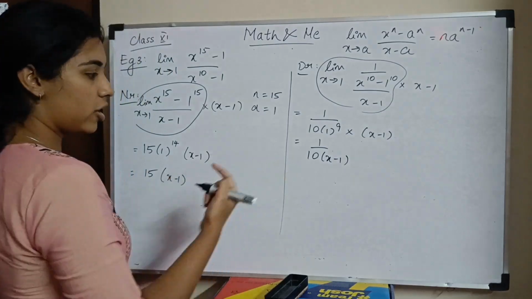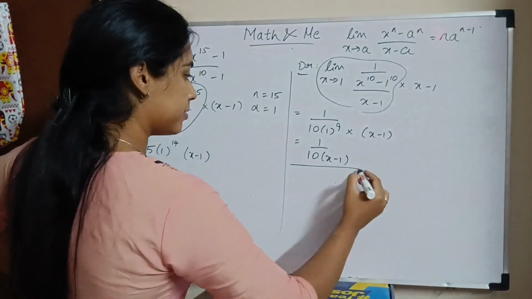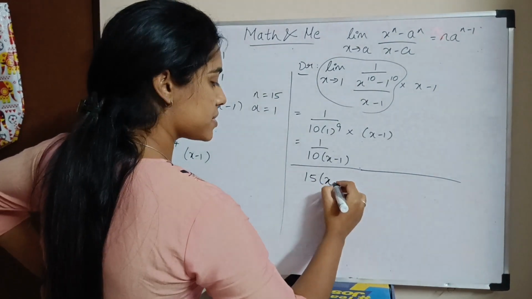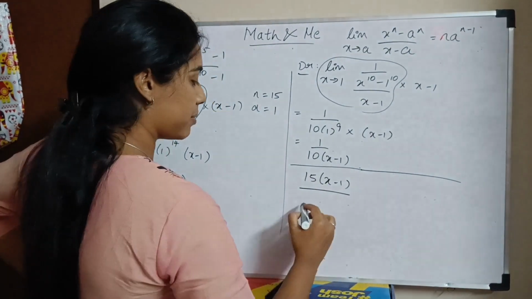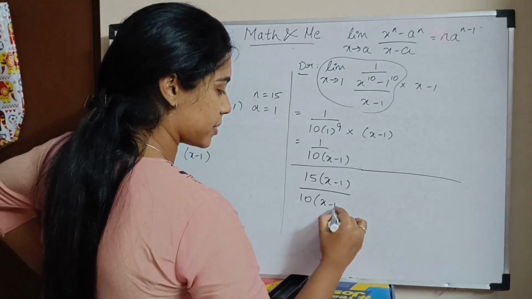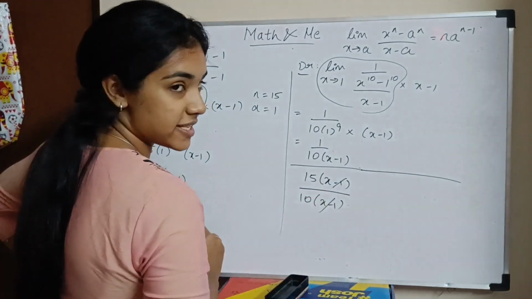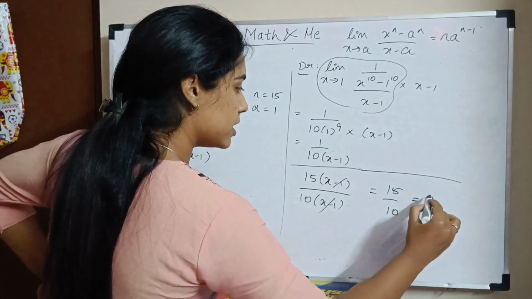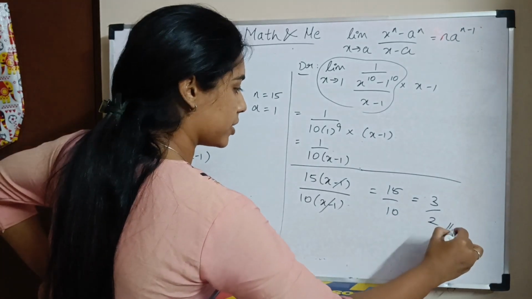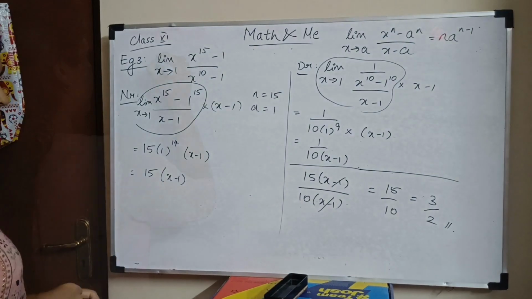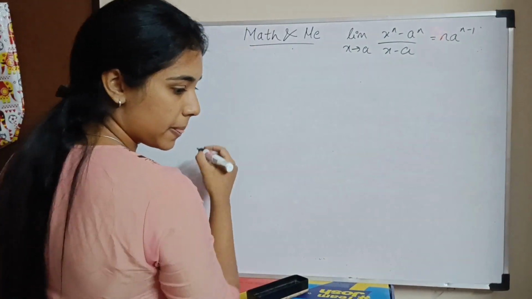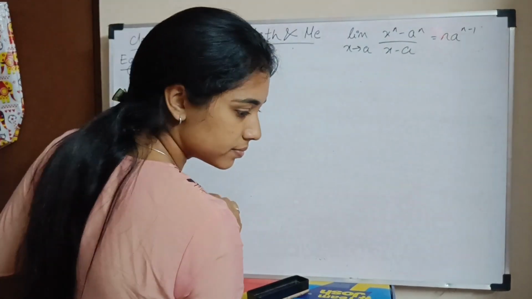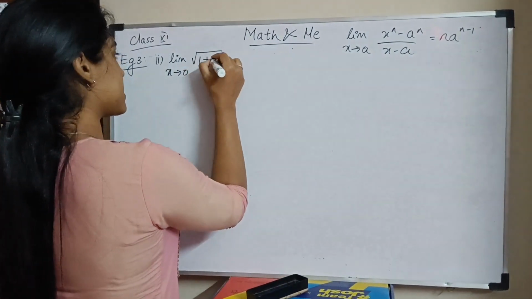So if numerator and denominator you say what do you have? So you have 15 times x minus 1 divided by 10 times x minus 1. So x minus 1 gets cancelled. What do you have? 15 by 10. 5 table la panna 5 3s are 15, 5 2s are 10, so 3 by 2. That's your answer. Now moving on to second subsection, you have limit x tends to 0, root 1 plus x